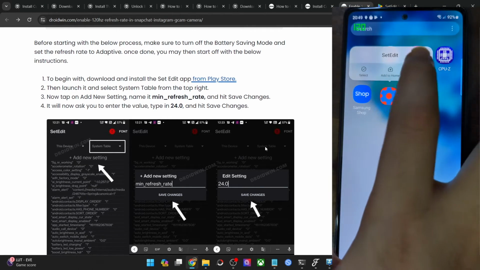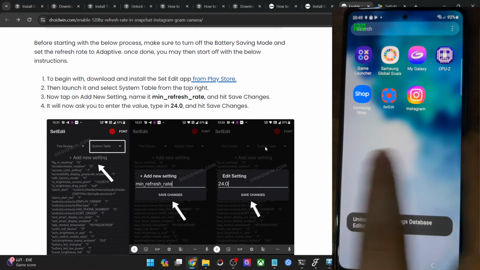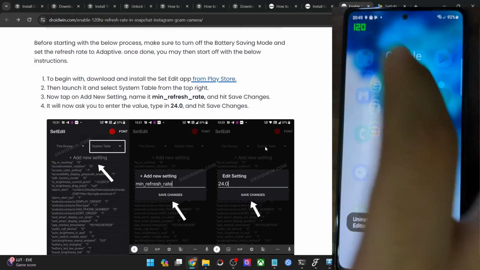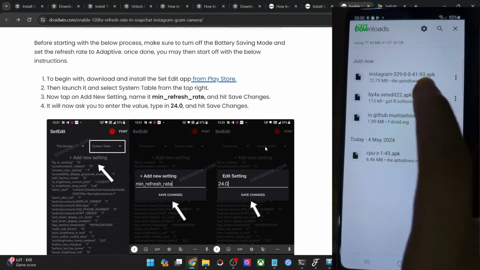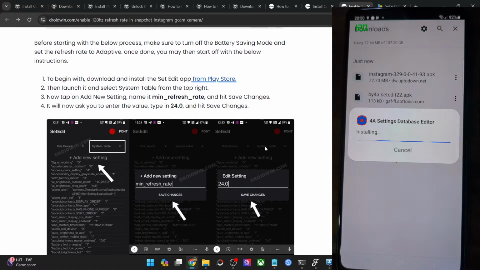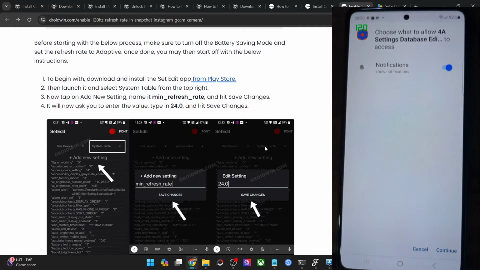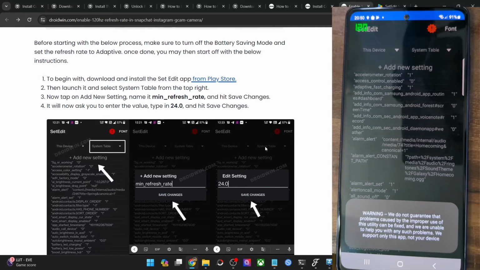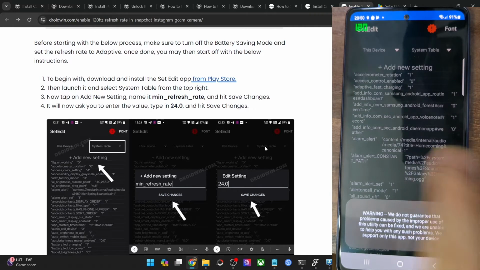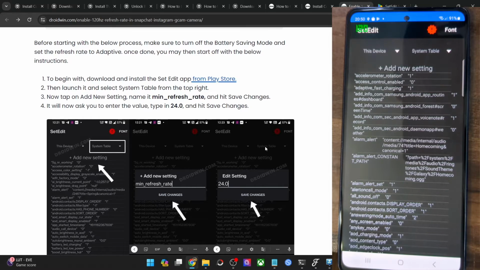Let me show you the warning sign that appears. Let me first remove the app from here so that it will be easier for you to see the exact warning prompt. Let me install the app. It is only around 113 KB. So launch the app and then you will get a warning. Just tap on OK and you may again get a warning. That's not a cause of any concern. So now let's get started.